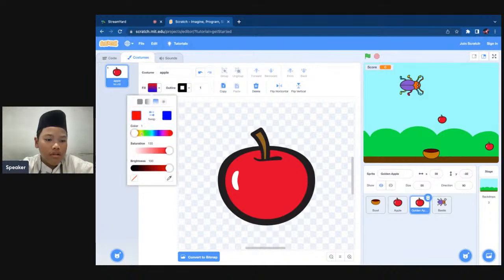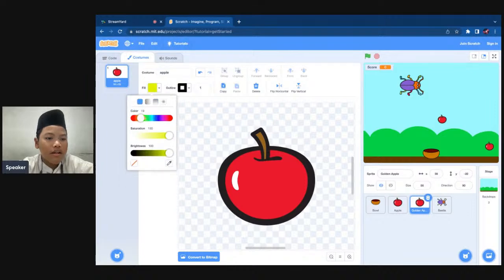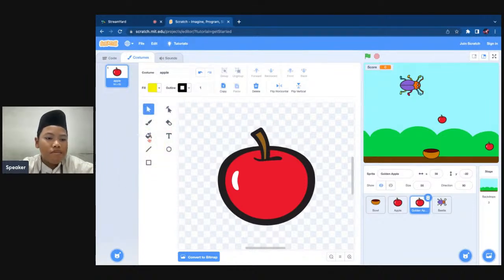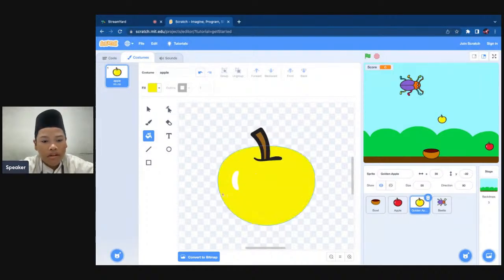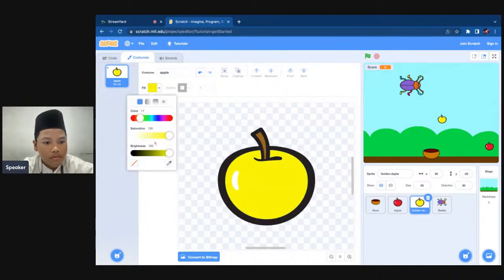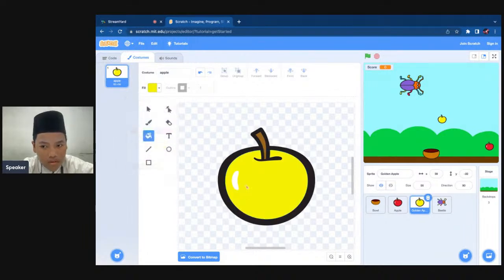Change the color into yellow or a golden light color or any color you want. Press this bucket button here, the fill button, and then change the red color into this golden color. Like this.